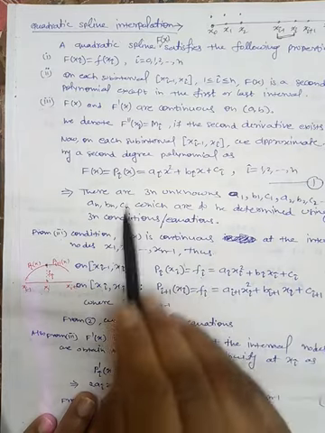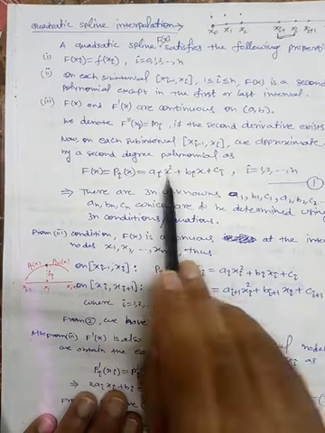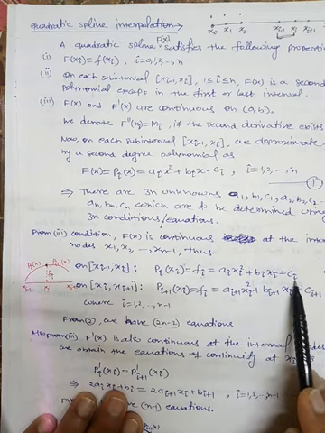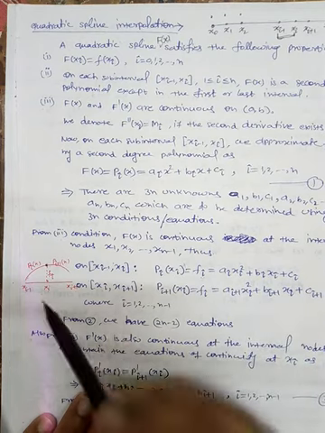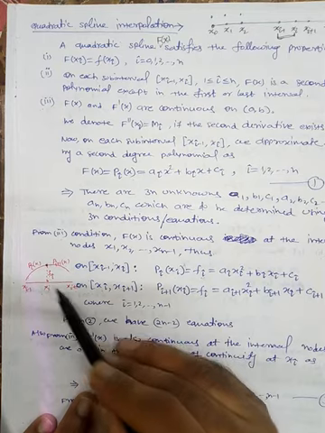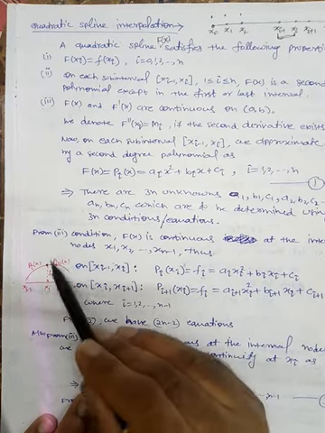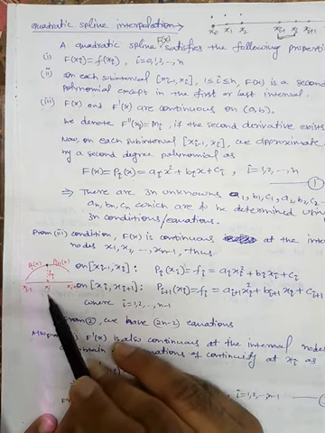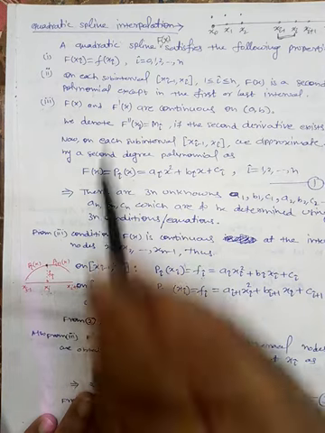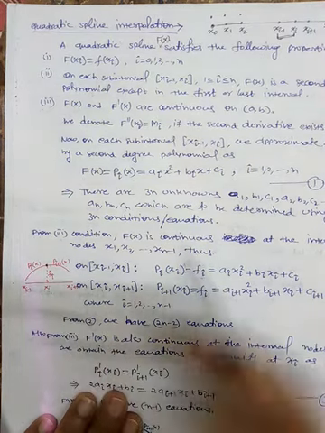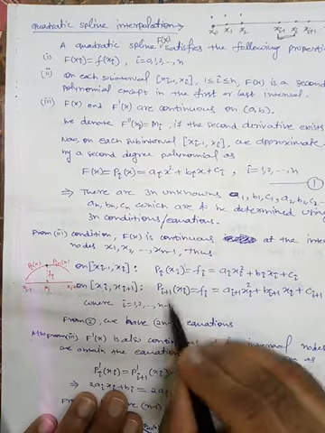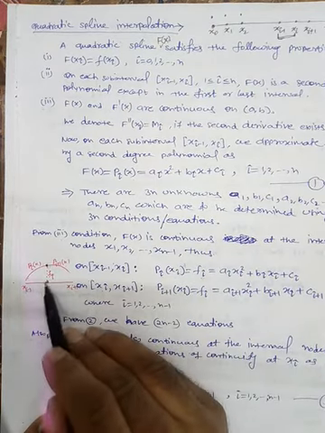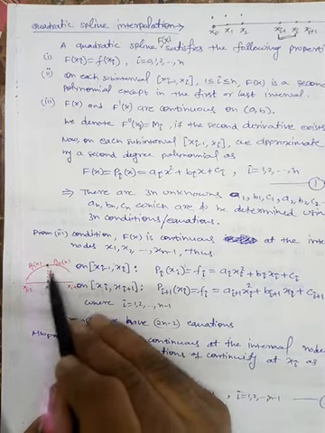But what is our assumption? P_i(x) is this, so just put x equal to x_i here: a_i x_i squared plus b_i x_i plus c_i. Similarly, from the next interval we have polynomial P_{i+1}, so its value at the same point x_i is also f(x_i) for the continuity. So P_{i+1}, that means the value of this polynomial at this point should be the same as f(x_i).